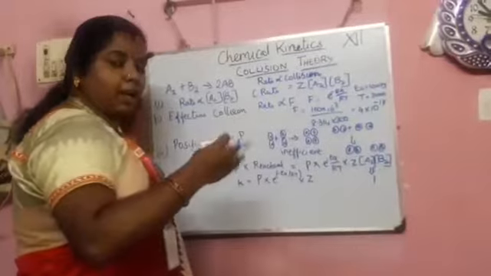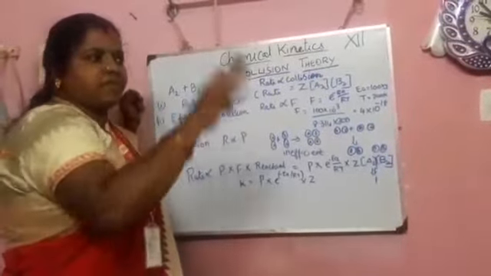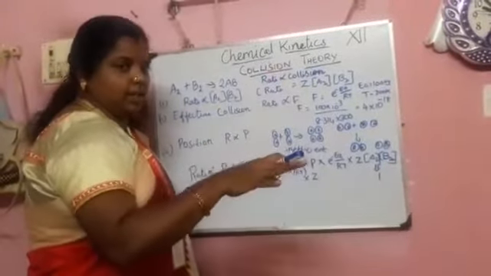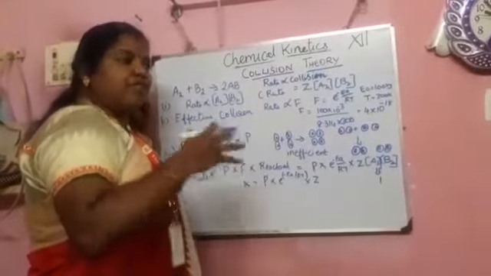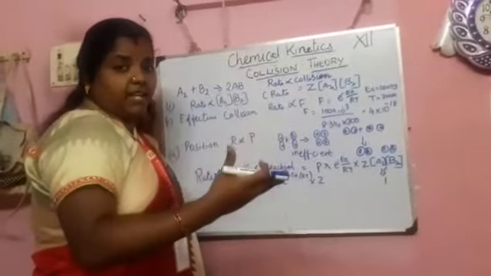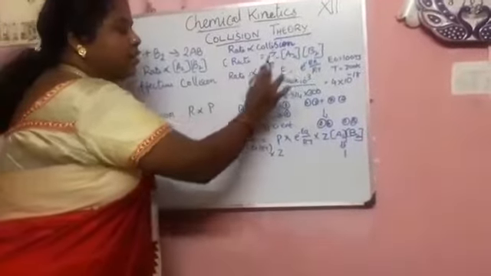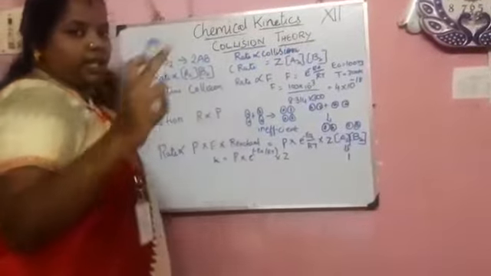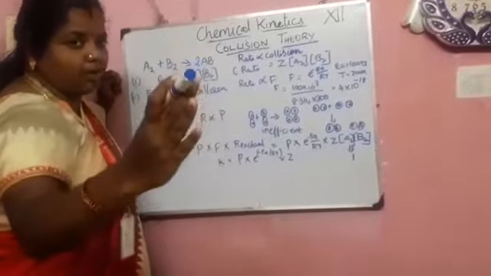If the number of reactant molecules is increased, for example, if you throw two balls, only those two balls can collide with each other, there is no other option. If you increase the number of balls, if you throw 10 to 15, the number of possibilities increases and the collisions also increase. So if the number of molecules increases, the collision rate also increases. First one is the rate, based on the number of molecules.